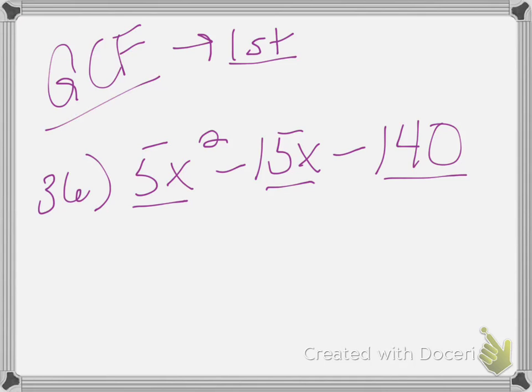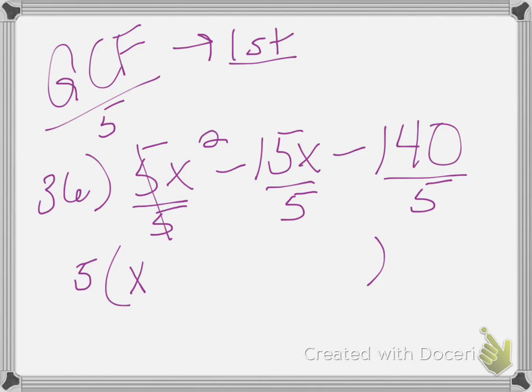5. Very good. So the greatest common factor is 5. So I'm going to do the same thing that I did earlier with difference of squares. I'm going to put my greatest common factor on the outside, and then I'm going to divide every term by 5. So I get x to the second, good, negative 3x, okay, negative